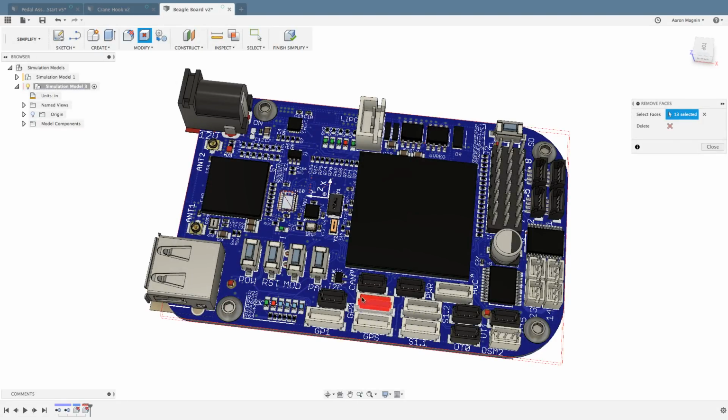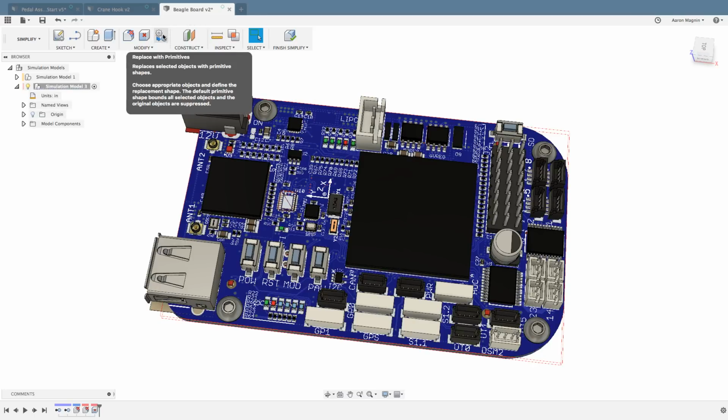If I want to just fill that in, like these guys don't produce a lot of heat. I do know, what little I do know, that's one of the things that I'm pretty confident about. These guys don't produce heat, so I can just fill them in and they'll mesh faster. So using a combination of remove faces and simplify, we're able to get rid of a lot of the details there. But by far, for getting rid of tons and tons of details, this replace with primitives is incredibly